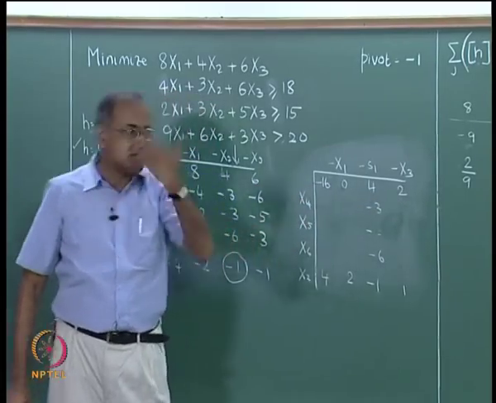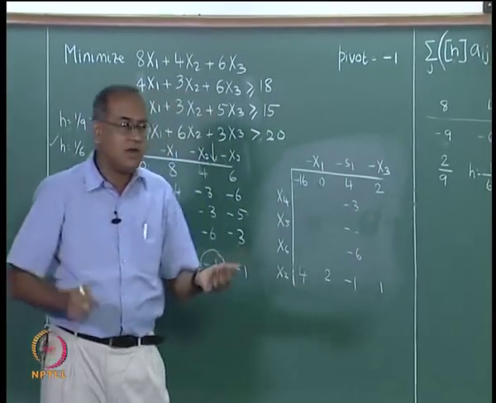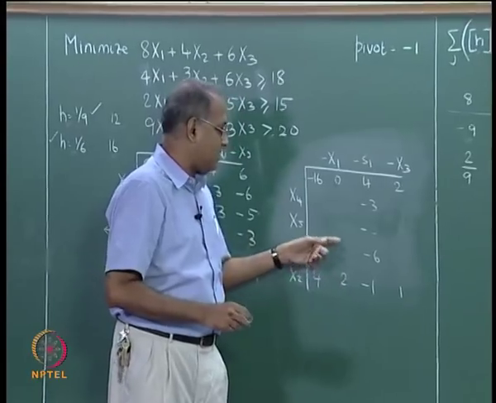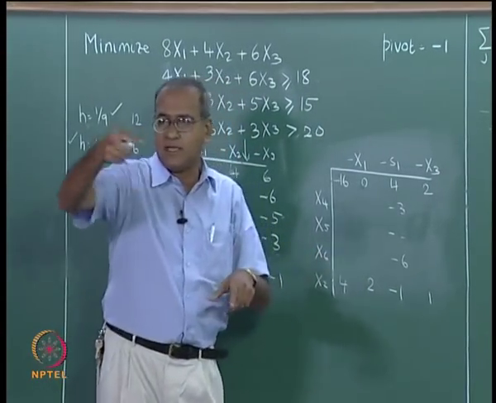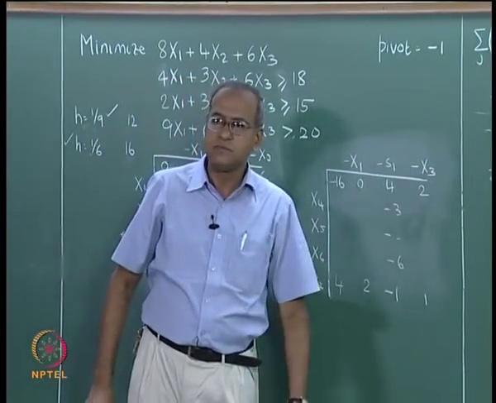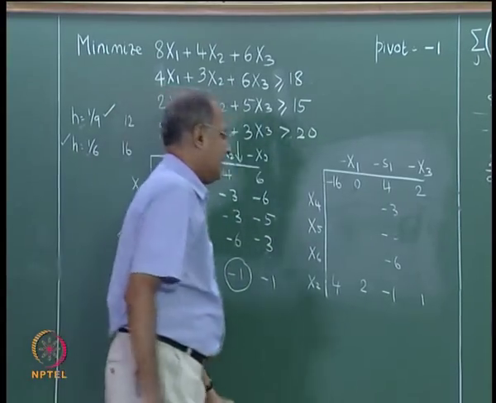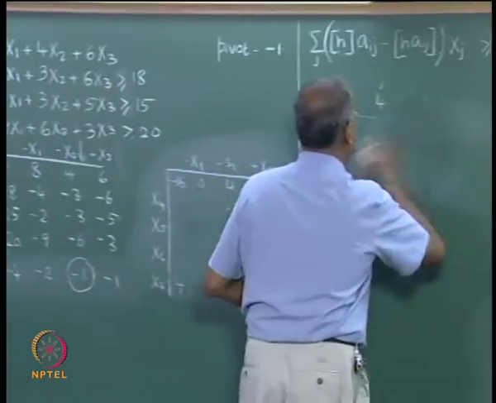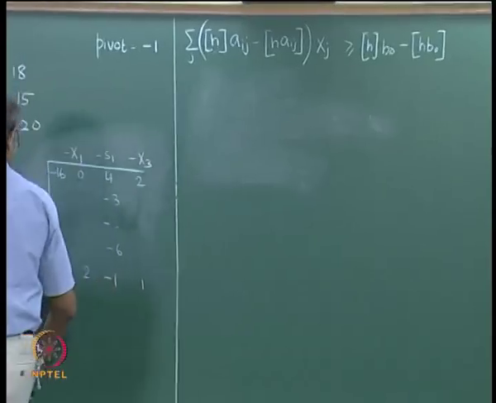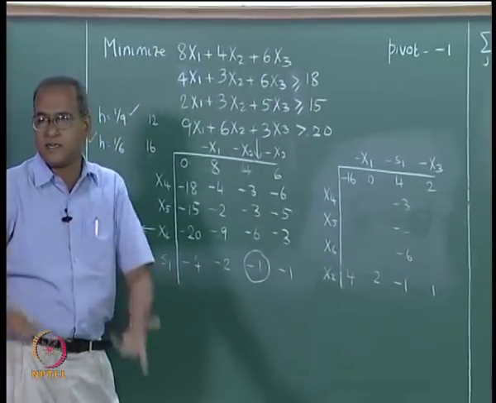So, if one of the values is 0, we actually do not have any issue. We can simply take that particular value here and use 1 by that for h. Just to explain that, let me complete this table. Let me complete this table and then show how the next cut is generated.